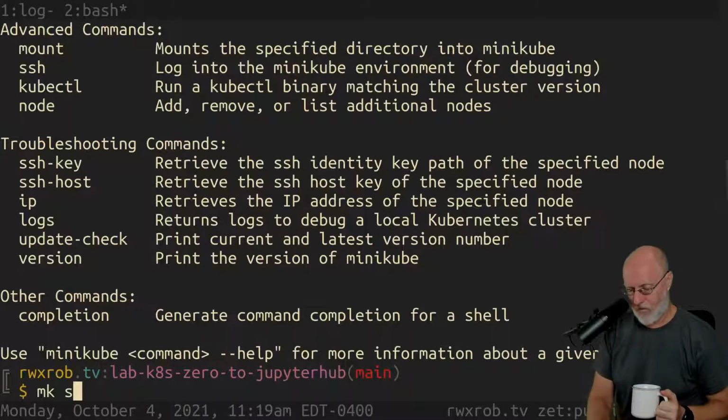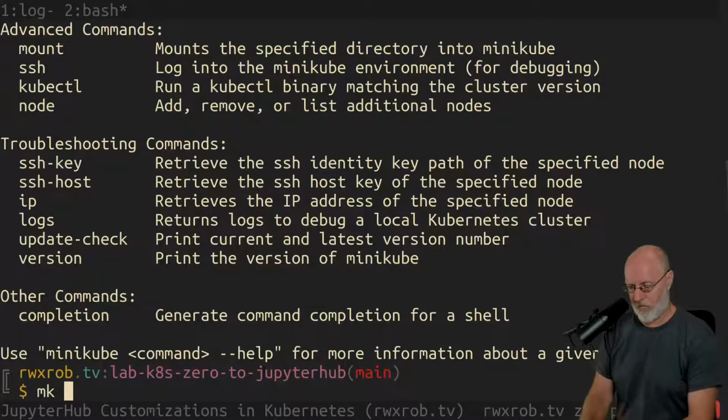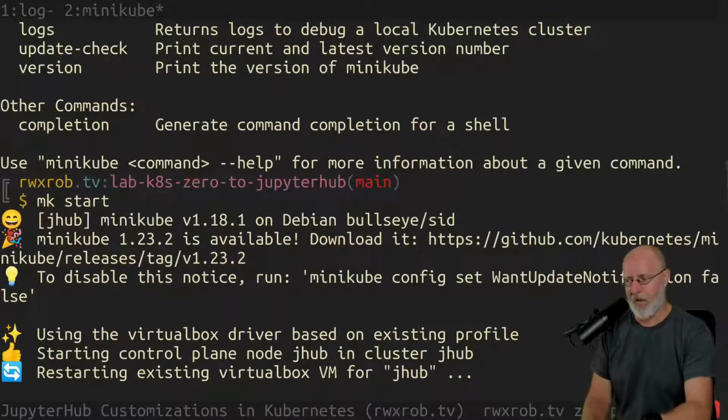So let's go ahead and start up. I'm going to go ahead and start Minikube. This will start my JHub cluster. Minikube, in case you don't know, is a